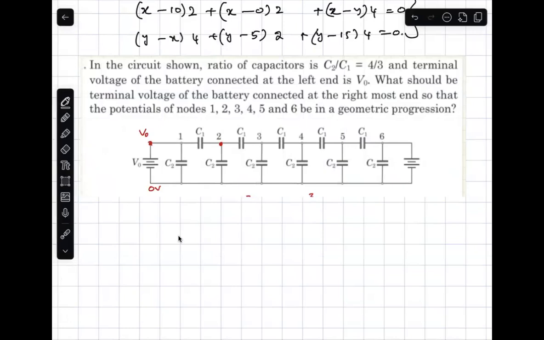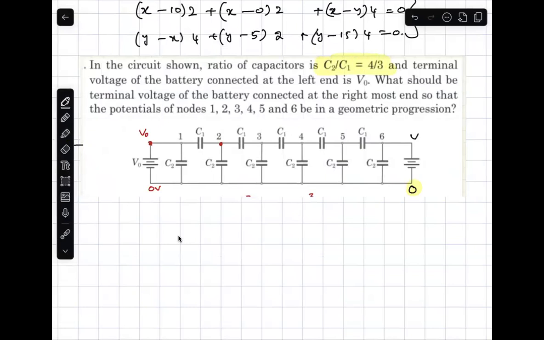So there is a term given as... right. So we will take 0 volts. What should be the terminal voltage of the battery? Say we will call this as 0 and this as V. V not already taken, so